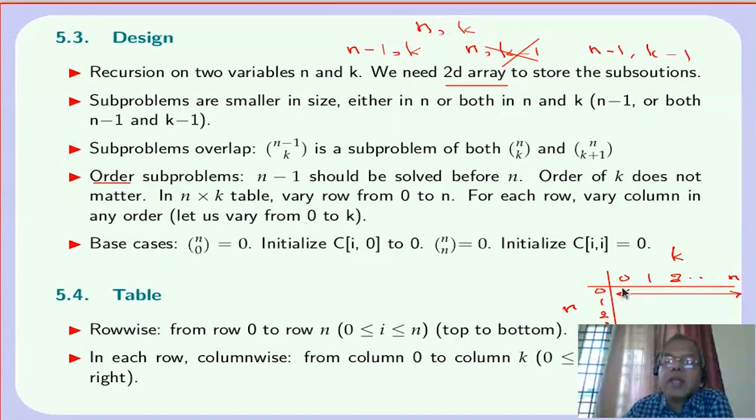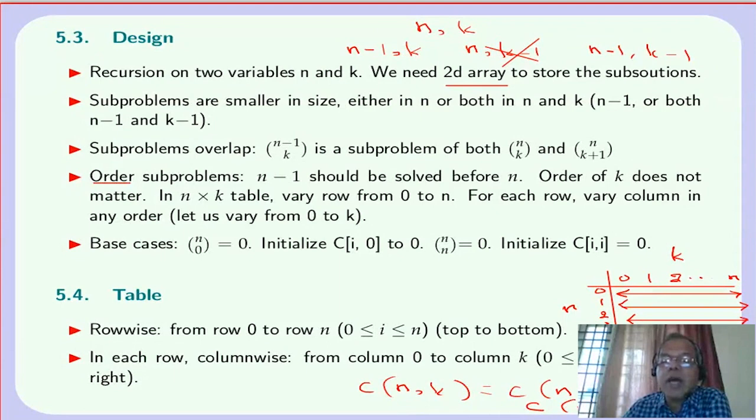How do you calculate? In a given row, do we calculate the small case first or the large case first? Doesn't matter, because we have n choose k equals n minus 1 choose k plus n minus 1 choose k minus 1. The order of k does not matter. Similarly, after this, the n is equal to 1 row has to be calculated. After this, n is equal to 2 has to be calculated. Finally,